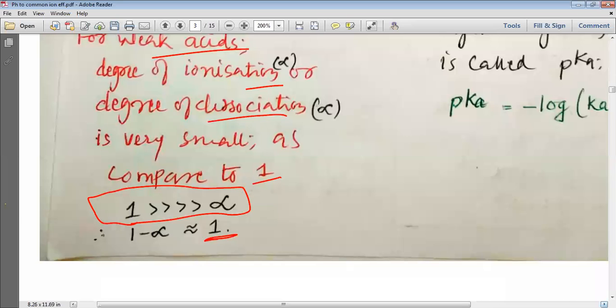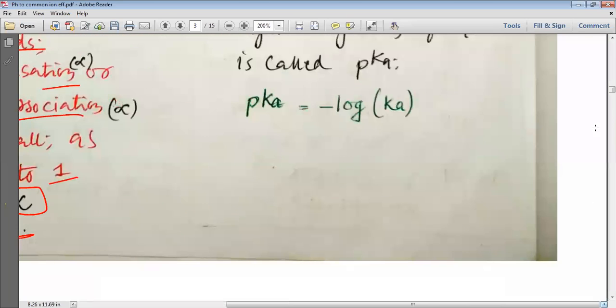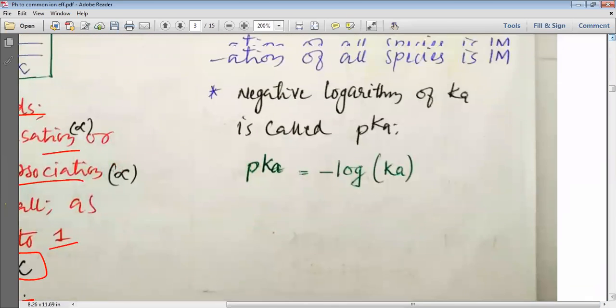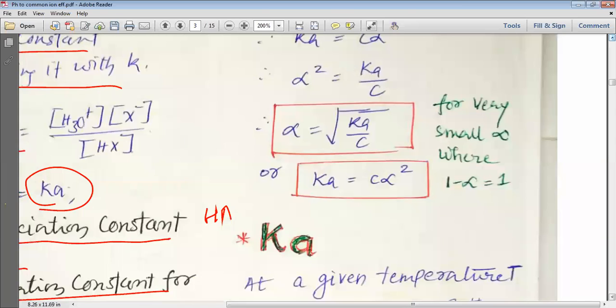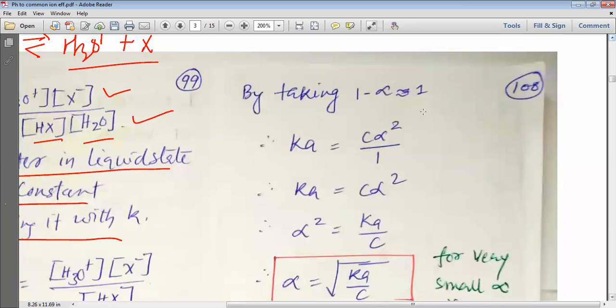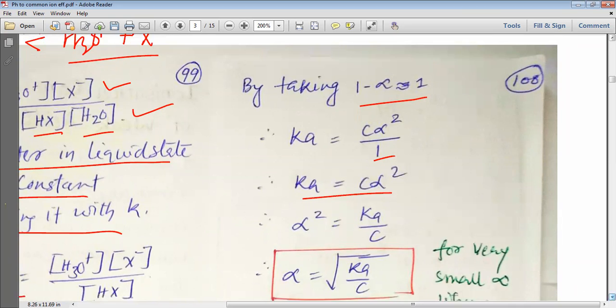Remember, for a weak acid, if we take 1 minus alpha is equal to 1, we can write Ka is equal to C alpha square divided by 1. Therefore, your Ka is equal to C alpha square, and therefore your alpha square is equal to